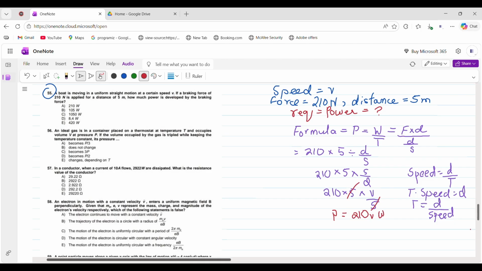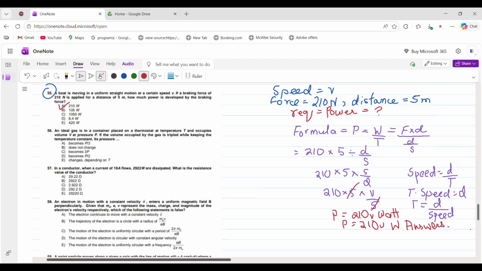Know this thing, the unit of power is watt, which is denoted by capital W. Okay, so 210 V watt. This we have gotten our answer. So basically if you see in the options, you have to find 210 V watt. So 210 watt is given in option A, in option B 105 watt, option C 1050 watt, option D 84,